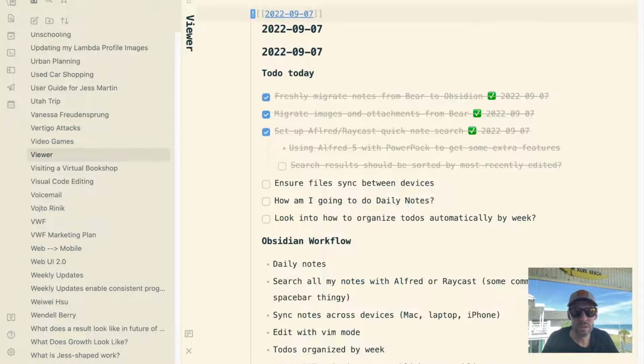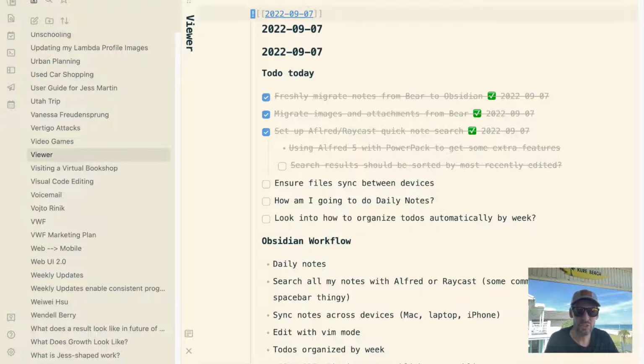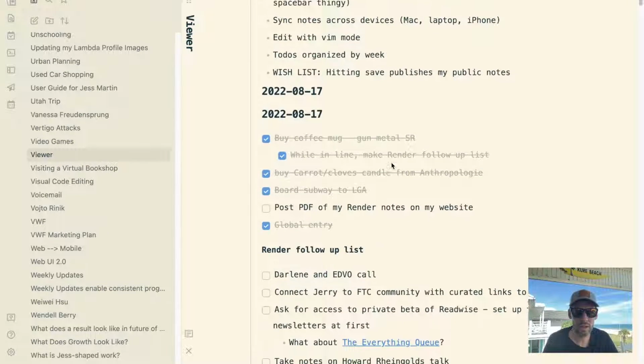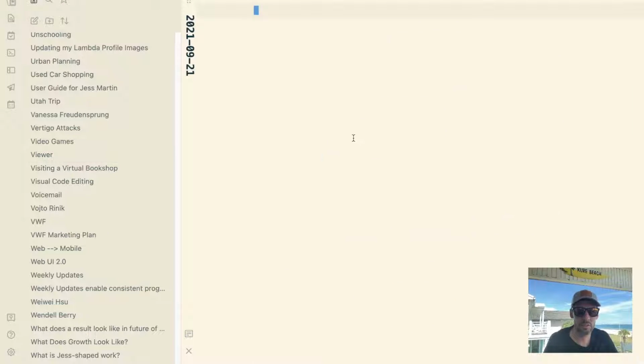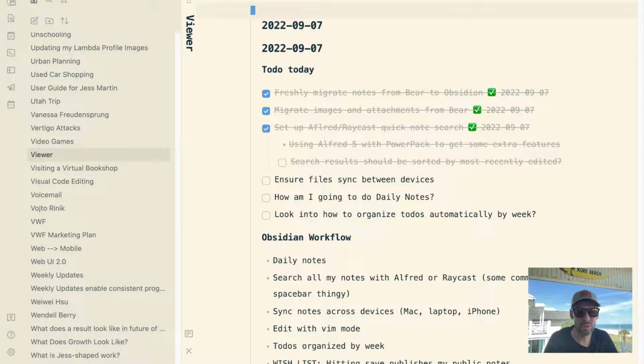Whoa. Okay. Cool. So, zoinks. It looks like it's a transclusion thing, which is not exactly what I want. I guess I should have taken it literally that this is actually a Daily Note Viewer and nothing else really.